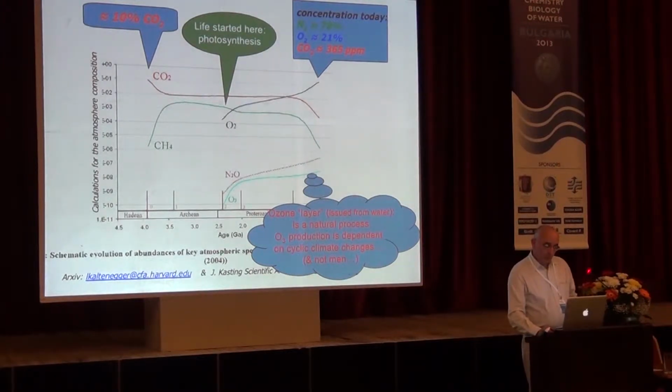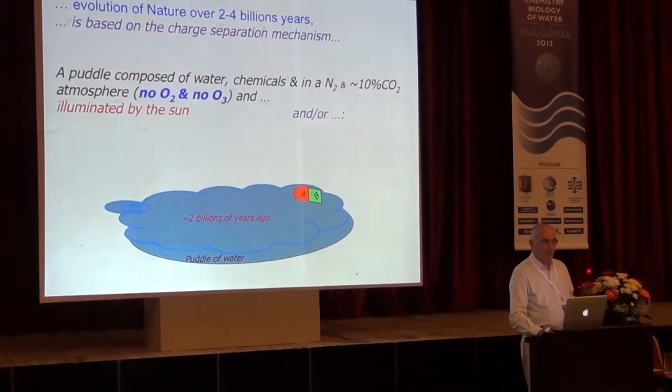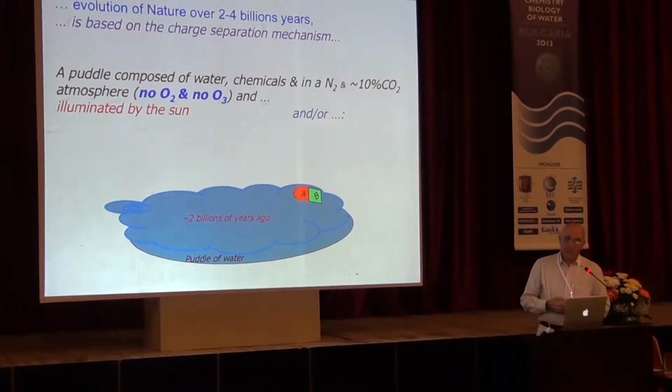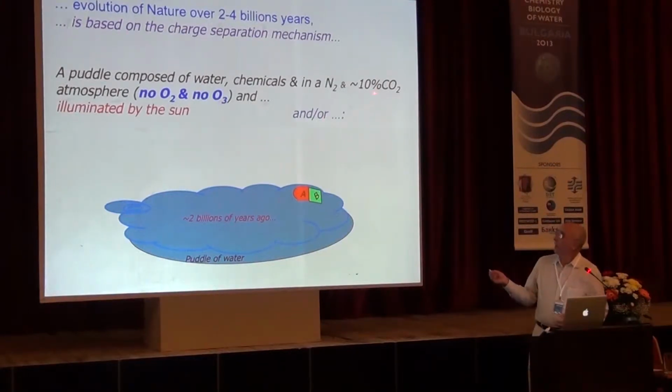I have something to talk about the ozone layer, because there's no ozone hole, there's no ozone layer, but I will leave it to talk later. And water is always present in our life, and we don't know where it comes from. So it starts from 2 billion years ago with this kind of atmosphere,